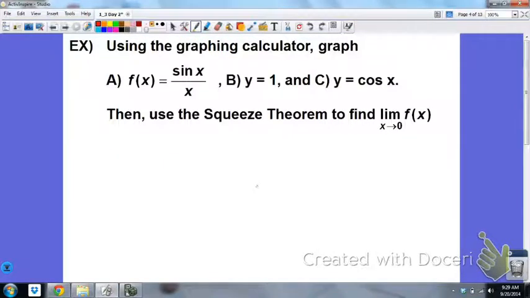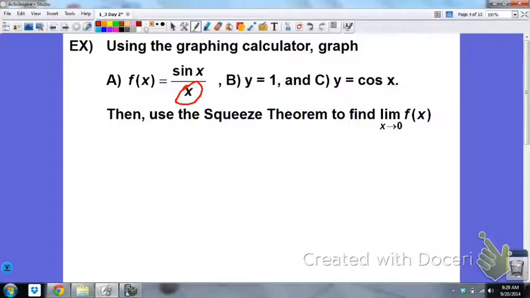Here's an example where we can use the squeeze theorem. It says, using the graphing calculator, graph f of x equals sine x over x, y equals 1, and y equals cosine x. Then use the squeeze theorem to find the limit as x approaches 0 of f of x. Now, the reason we can't just use direct substitution in our function f of x as x approaches 0 is because I get 0 in my denominator,